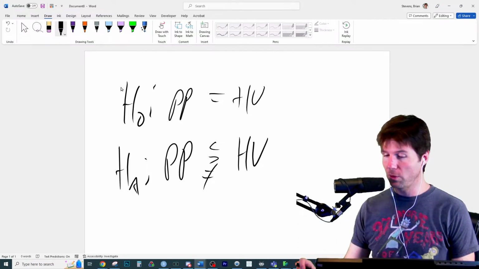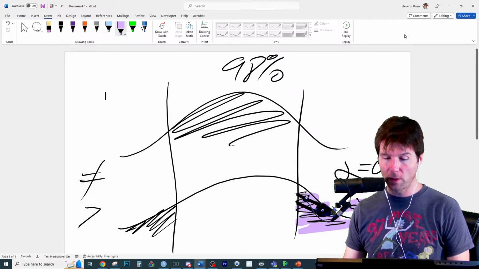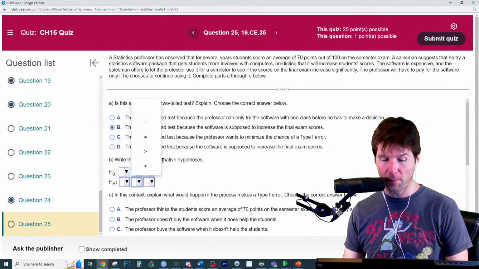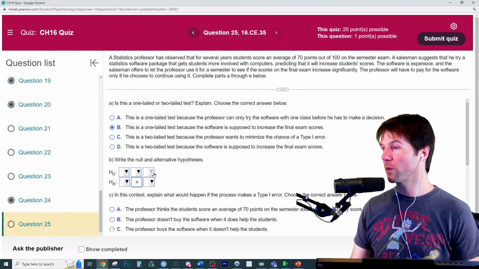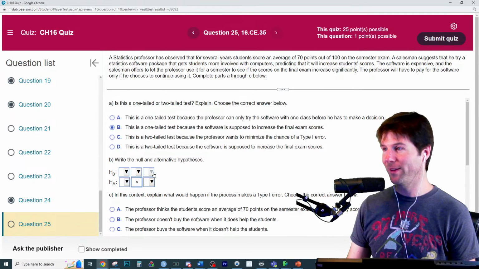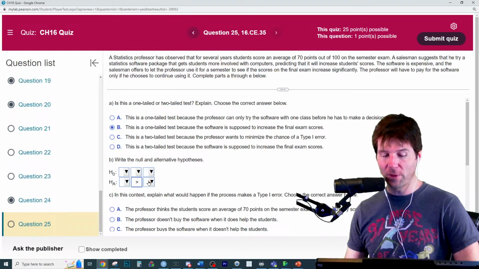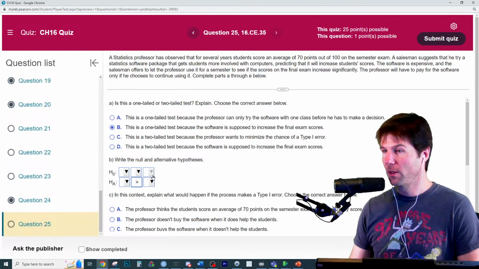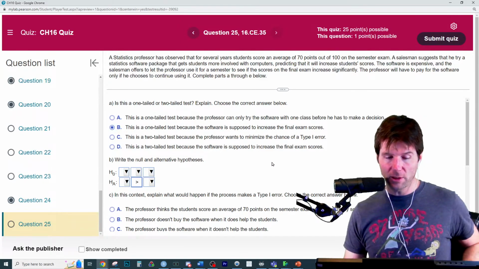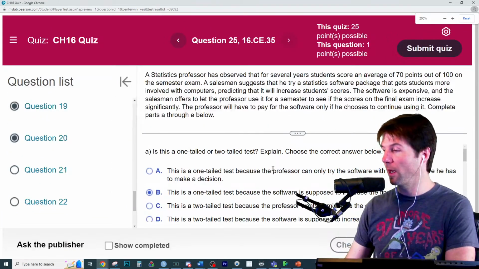And then the alternative will use one of the signs right there. So we know that we're trying to say it's greater than the hypothesized value. What goes over here as the hypothesized value? No, hey, I'm getting questions wrong too, so don't worry. What is the hypothesized value currently? So take a look at what they're saying we currently have.